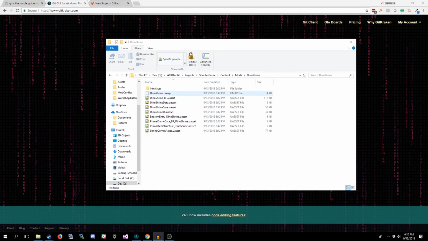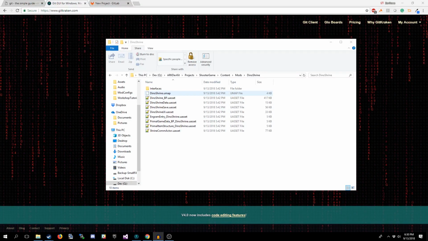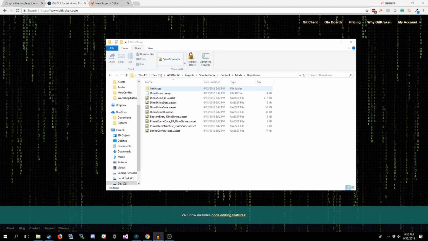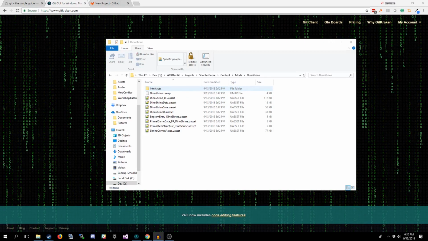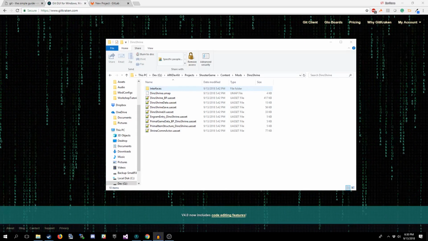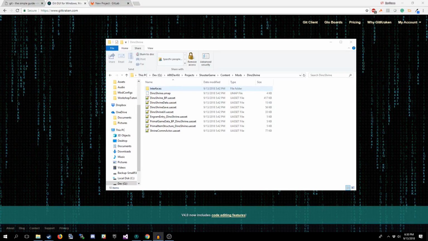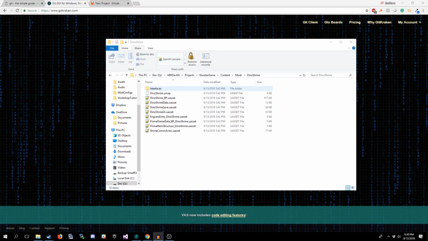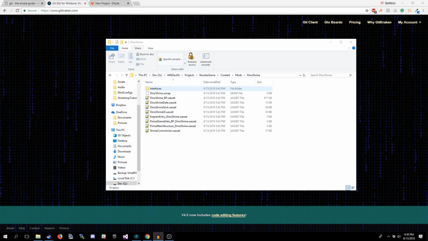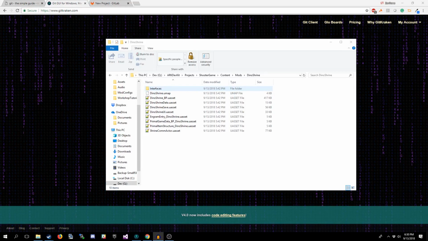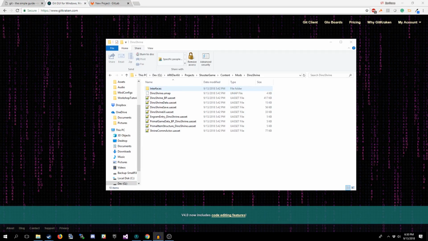Now, what I'm going to show you is how to use Git with the Arc Dev Kit. I'm not going to be showing you much of how to use it in the command line because that would take probably a long time and several videos. So instead, what I'm going to do is I'm going to show you how to use Git Kraken, which is a GUI that wraps around the Git raw system.